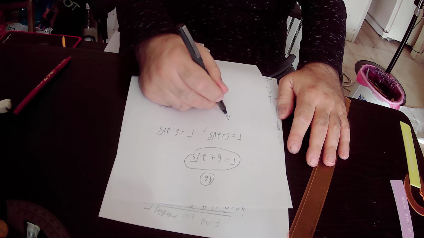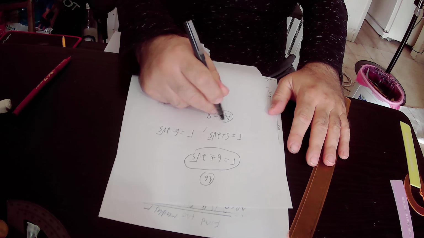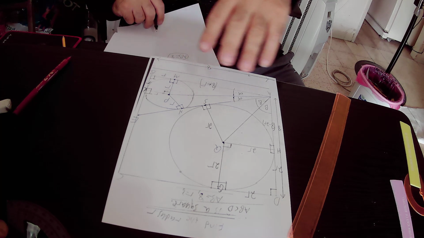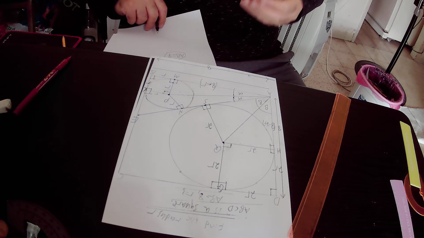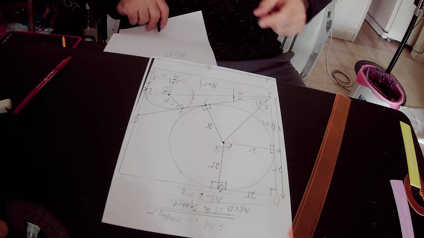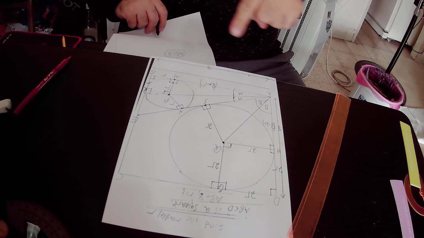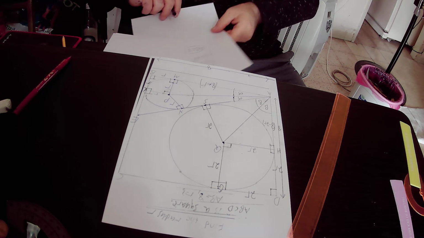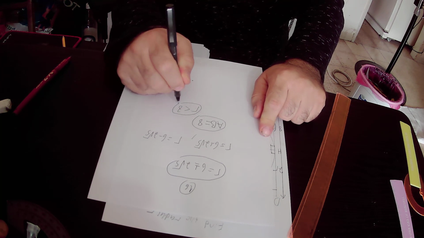But we know that the size of the side of our square is equal to 8 units. And as you can see from the drawing, the small circle and also the big circle are located inside the square. So the radius of the small circle must be less than the size of one side of the square. That is to say, the radius of the small circle is less than 8 units, because 8 units is the size of one side of the square. So R is less than 8 units, but here